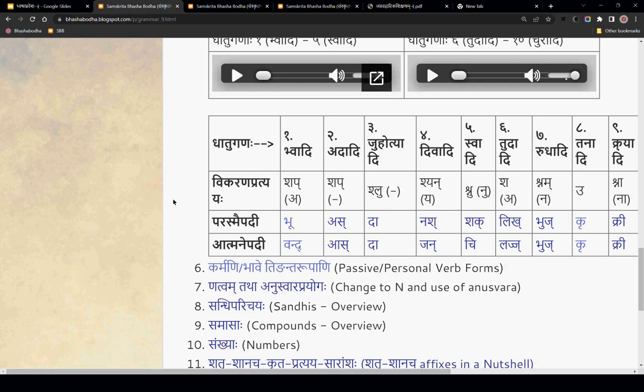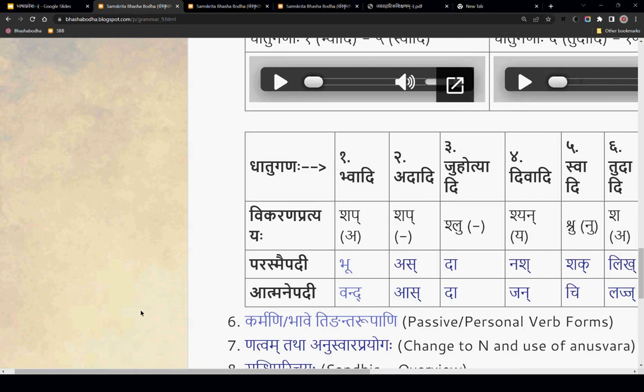But for now, let's limit ourselves to the concept of dhatu being the root of a verb, or a kriyapada. So here we see these two lines, parasmaipadi,